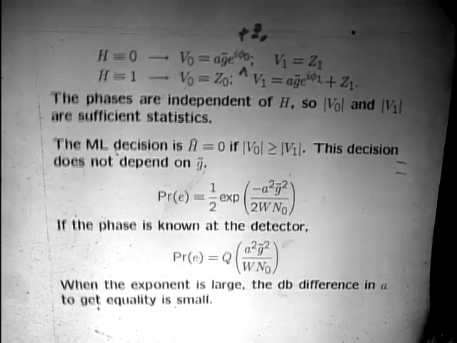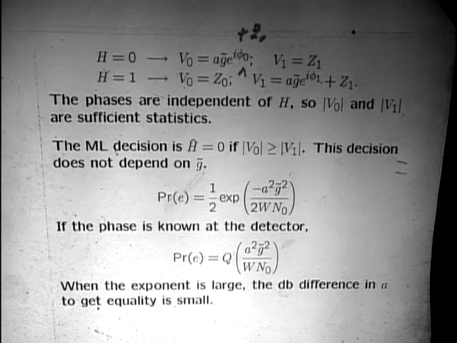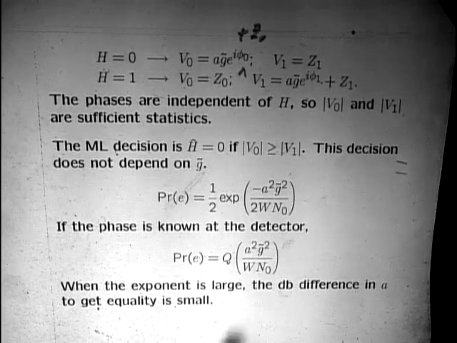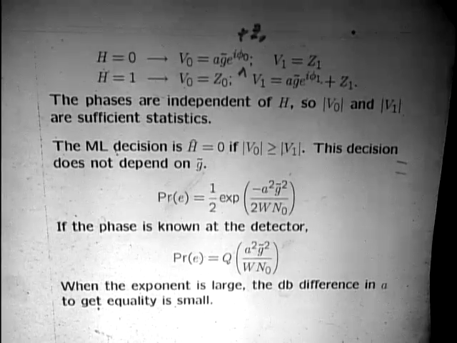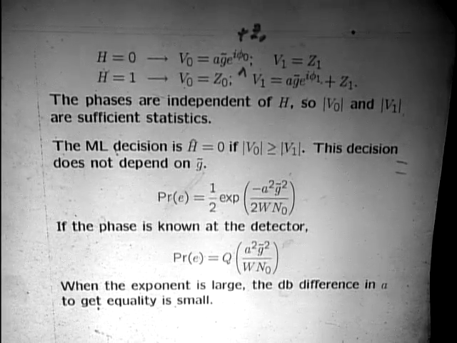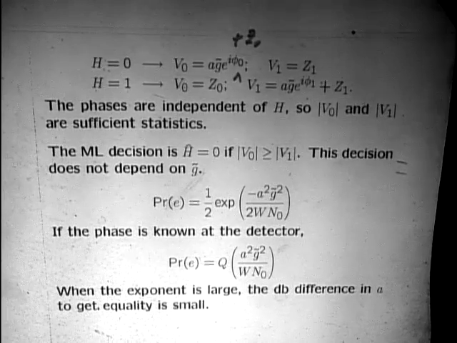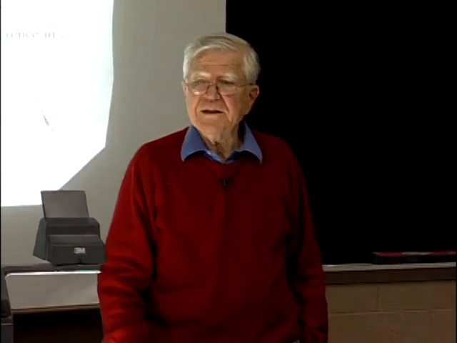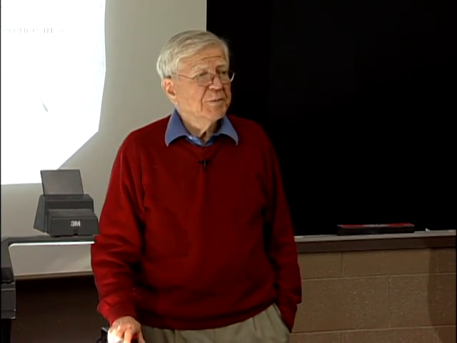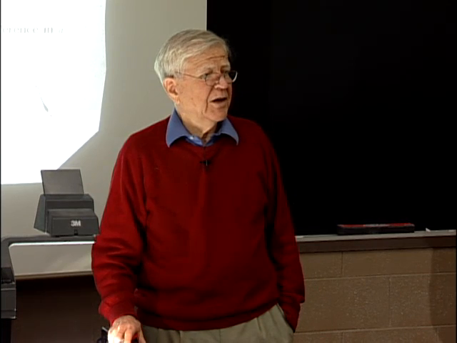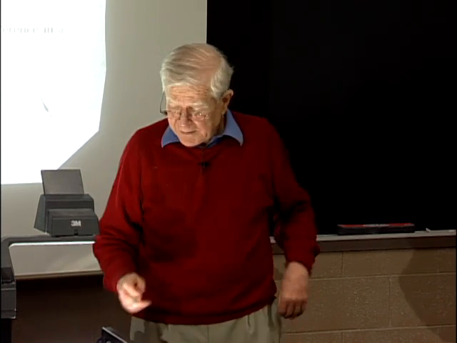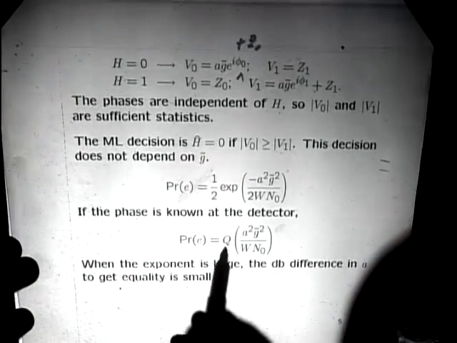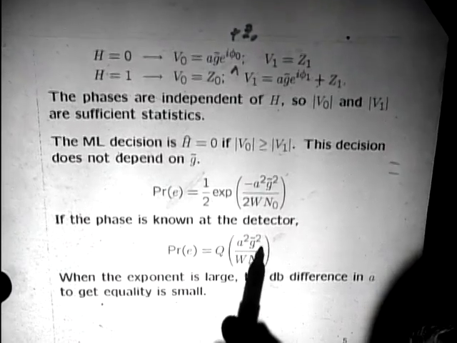We have the same noise term down here as we had before, because again we're using the sampling theorem analysis, and the noise in each of these random variables is Wn0. Okay, so that's a little surprising that that's what the noise is. If you knew the phase also, if the detector knew both the magnitude and the phase of the channel, it would be the conventional Gaussian problem that we've analyzed many times before. And the solution would be the probability of error is equal to Q of a squared times g tilde squared